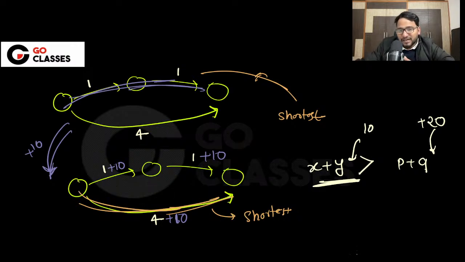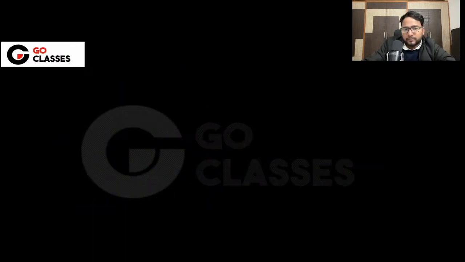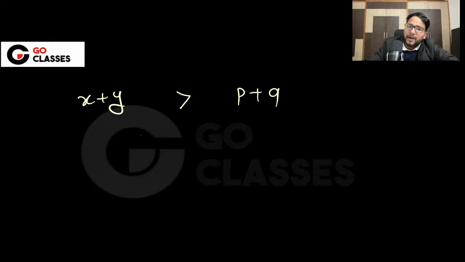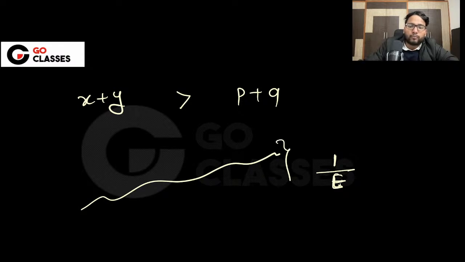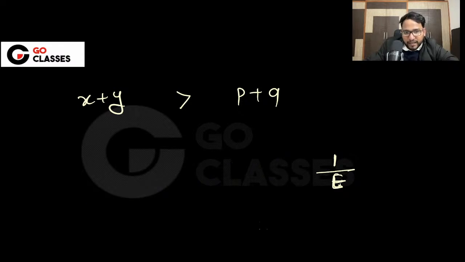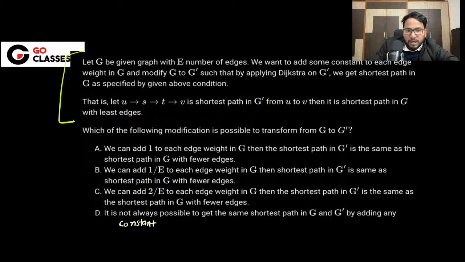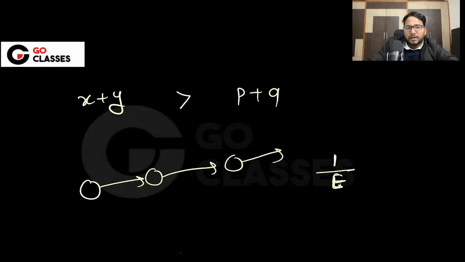Now they are saying, if you have this relationship earlier, then in each edge I add 1 upon e. I just add 1 upon e. So in any path, since there are e edges only, I will not be able to add more than how much, if I'm adding only 1 upon e in any edge? This is one of the options, and it is an interesting option. If you're adding just 1 upon e, then let's suppose here